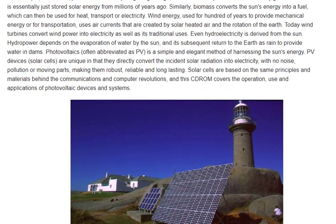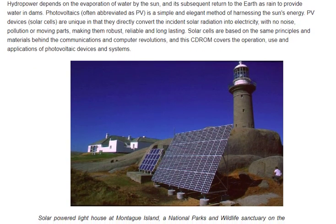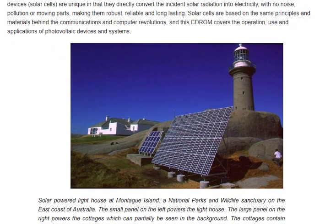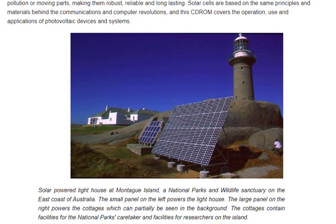Similarly, biomass converts the sun's energy into a fuel, which can then be used for heat, transport or electricity. Wind energy, used for hundreds of years to provide mechanical energy or for transportation, uses air currents that are created by solar heated air and the rotation of the Earth. Today wind turbines convert wind power into electricity as well as its traditional uses. Even hydroelectricity is derived from the sun. Hydropower depends on the evaporation of water by the sun, and its subsequent return to the earth as rain to